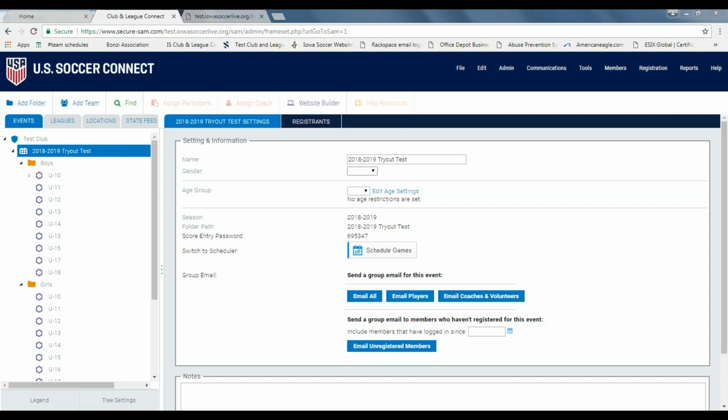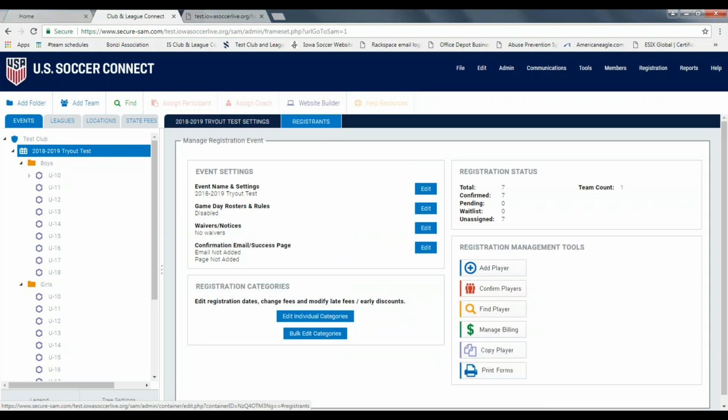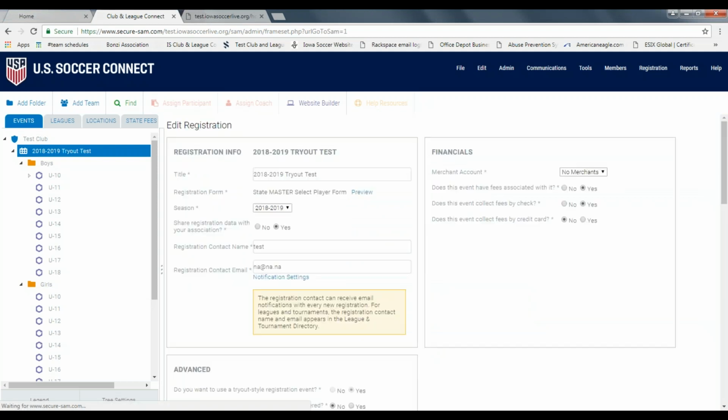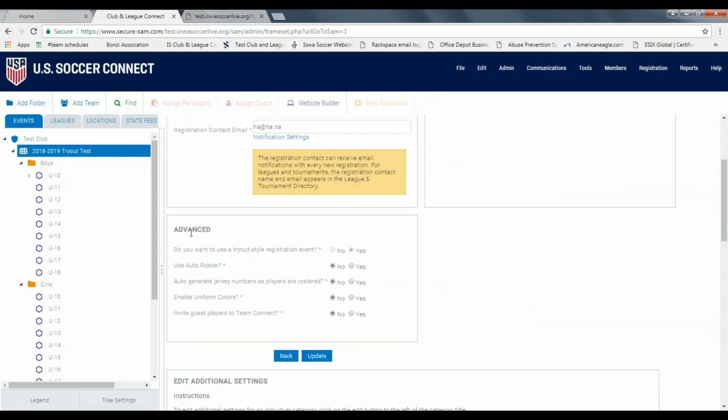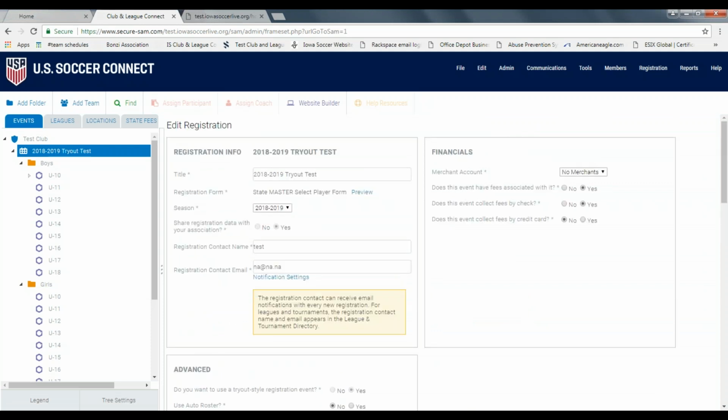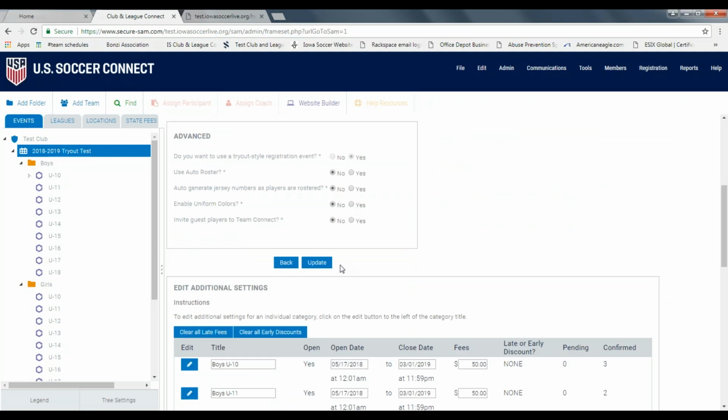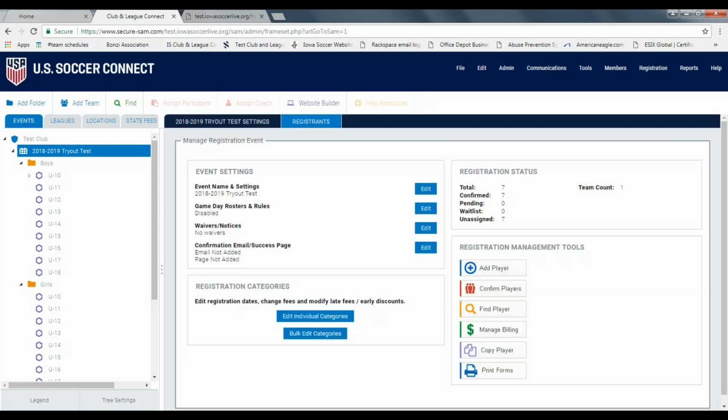If you were curious to how or if you did, click on the registrants tab, click edit, and you would see here in the advanced, do you want to use a tryout style event? And it would be yes. That's how you know if you actually set this up for a tryout style. If you did not, then you would simply want to just visit the basic registration setup. But if you did go ahead and do that, then let's get rolling on how you actually send these bid